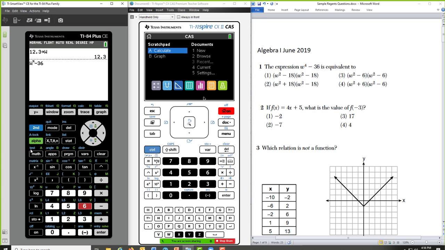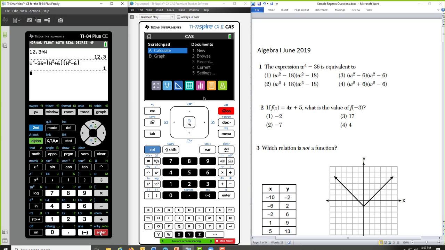It says it right there on the 84. Math test. So second, math, select the equal sign, and if I were to set it equal to answer, let's say, 4, which is w squared plus 6, close parentheses, open parentheses, w squared minus 6, close parentheses.